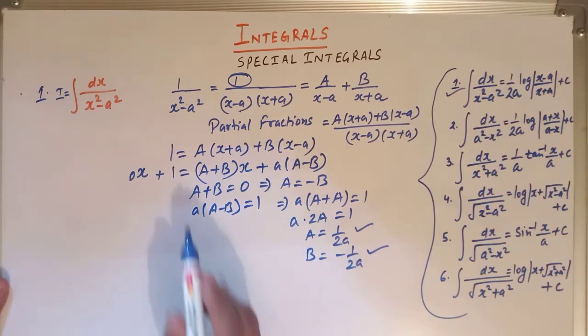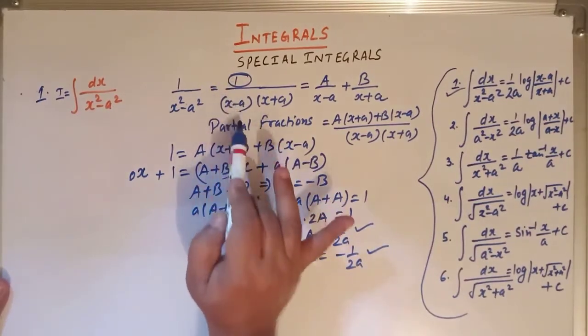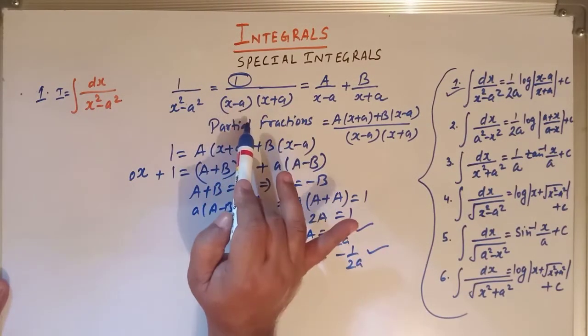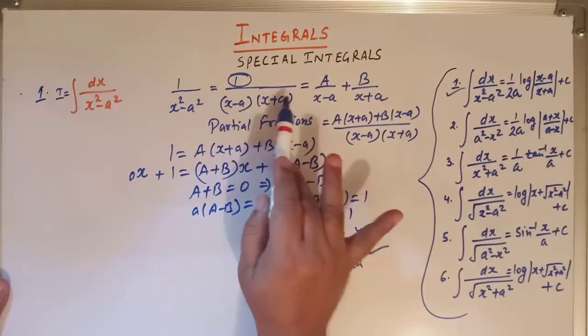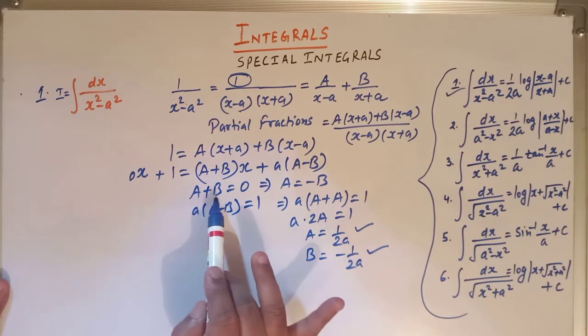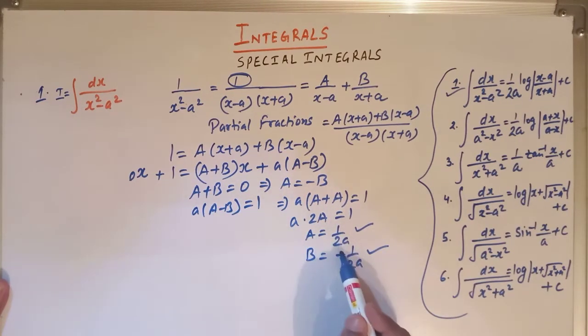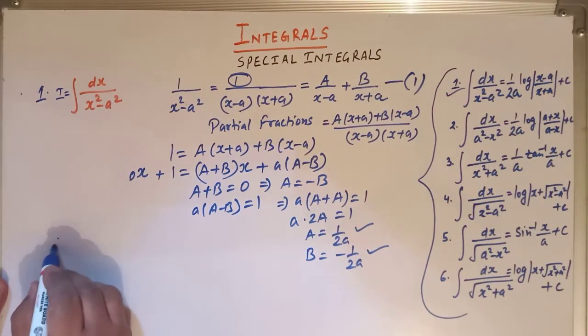Clear? So here, when we express this rational function into partial fractions, when we split this rational function into partial fractions, we have two equations in A and B, and we solve them and we get A is equal to 1 over 2 times the small a. Similarly B is equal to minus 1 over 2 times small a. Now we substitute these values of A and B in equation 1. Clear? So therefore